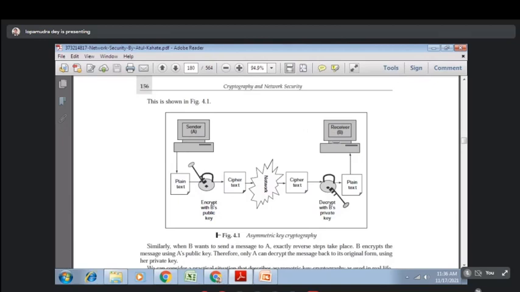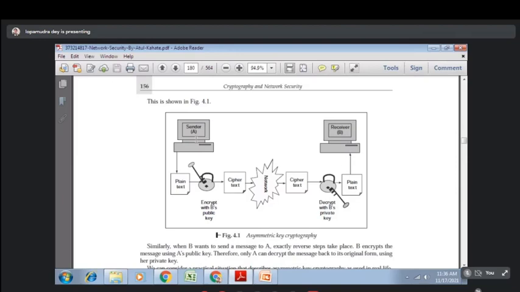If you want to share data with B, you will ask B, please give me your public key. Then B will give you the public key, as the public key is shareable. With the help of the public key, you will generate the ciphertext and send it through the network to B. Now what will B do? As public key and private key are a pair, and the data is encrypted with B's public key, it can be decrypted by B's private key only. So the receiver will decrypt with B's private key and generate the plain text back.